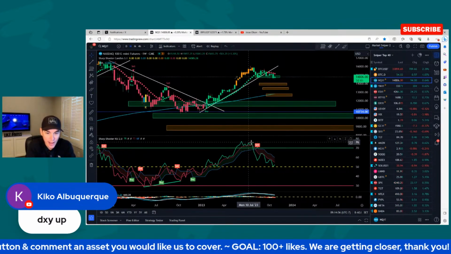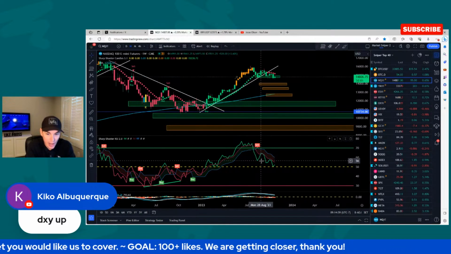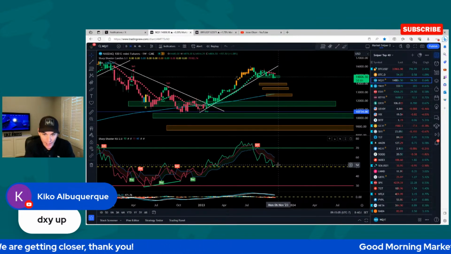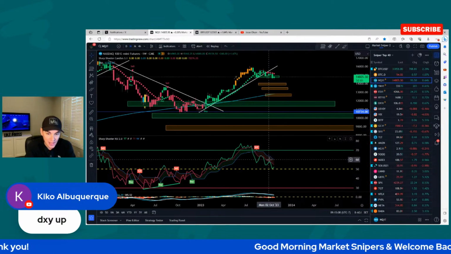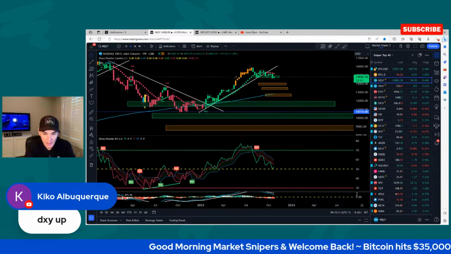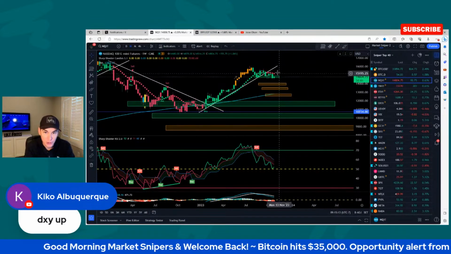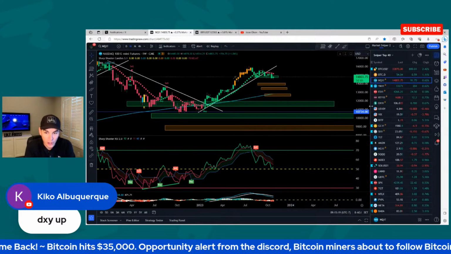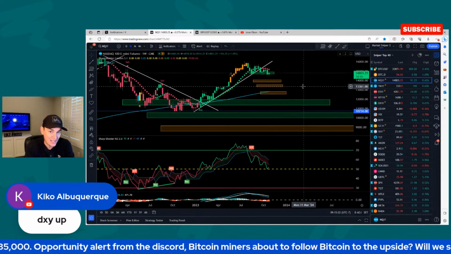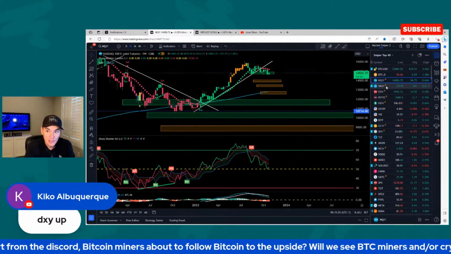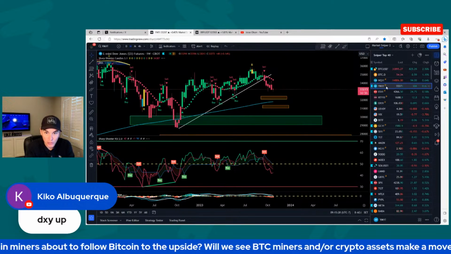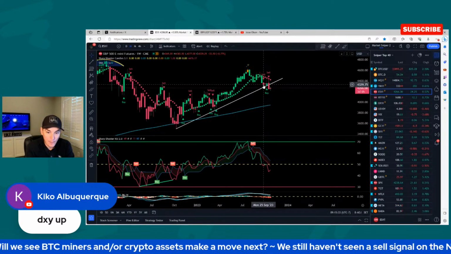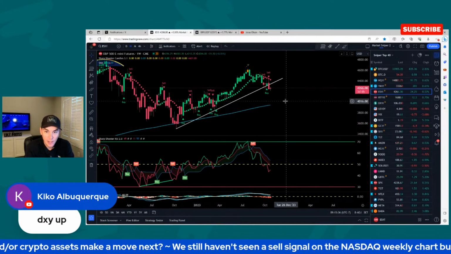Everything's still trending down, had that bearish divergence, right? Put in a lower high, a lower low, a lower low, lower high, and then a lower low, right? So after this bounce, letting the EMA on the weekly chart catch up, let the MACD catch up, let the trending dots catch up, let the moving averages catch up on the weekly chart as well for the NASDAQ. I still think we're going to see a sell signal on the weekly chart, just as we saw it on the Dow Jones, right? Saw it back here in September, just as we saw it on the SP 500 back in September, but then also a breakdown again last week.